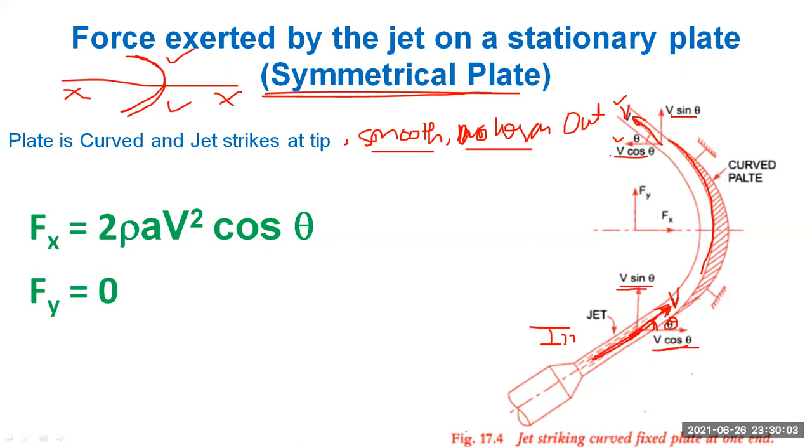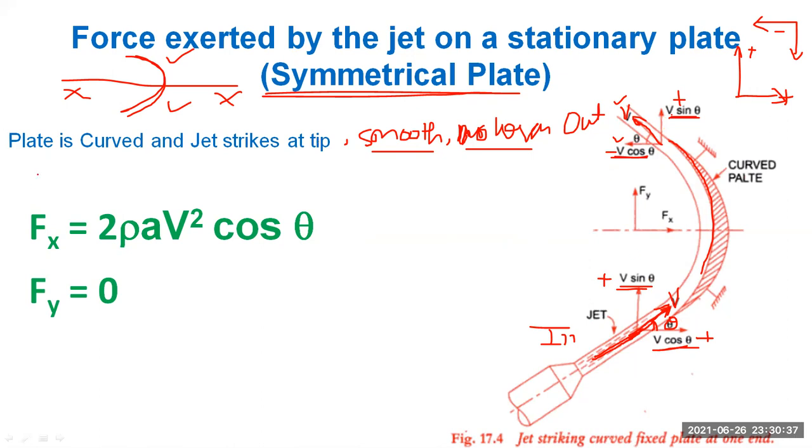And similarly, you can resolve at the outlet as v cos theta and v sin theta. So we have resolved, and here at the outlet v sin theta is positive and v cos theta is negative, and here at the inlet both are positive because, as I have already told the sign convention, rightward is positive, upward is positive, and downward and leftward are negative. So here now we have calculated all the inlet velocity components.